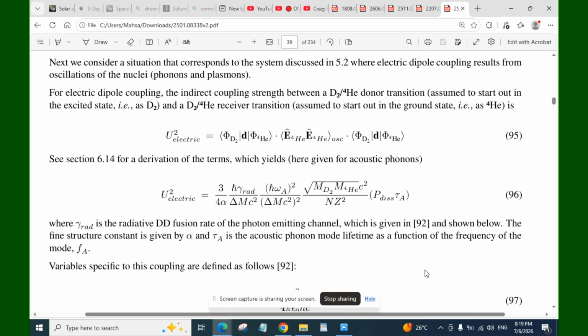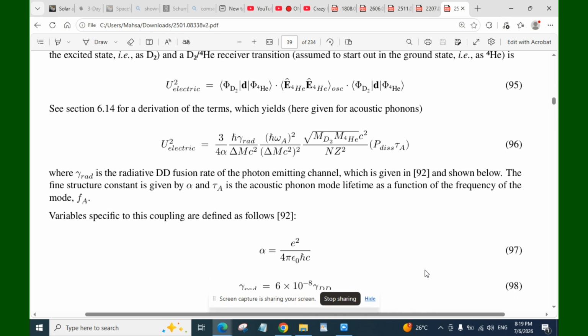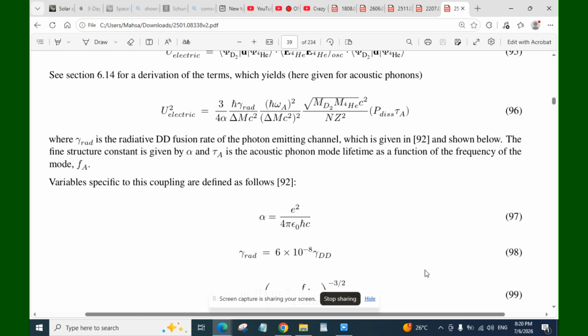For electric dipole coupling, the indirect coupling strength between a deuterium helium-4 donor transition, assumed to start out in the excited state, for example as deuterium, and a deuterium helium-4 receiver transition, assumed to start out in the ground state, for example as helium-4, is U electric to the power of 2 equal to phi deuterium absolute D phi helium-4 multiplied by E helium-4 multiplied by E helium-4 oscillation multiplied by phi deuterium absolute D helium-4. See section 6.14 for derivation of the terms, which yields, here given for acoustic phonons,